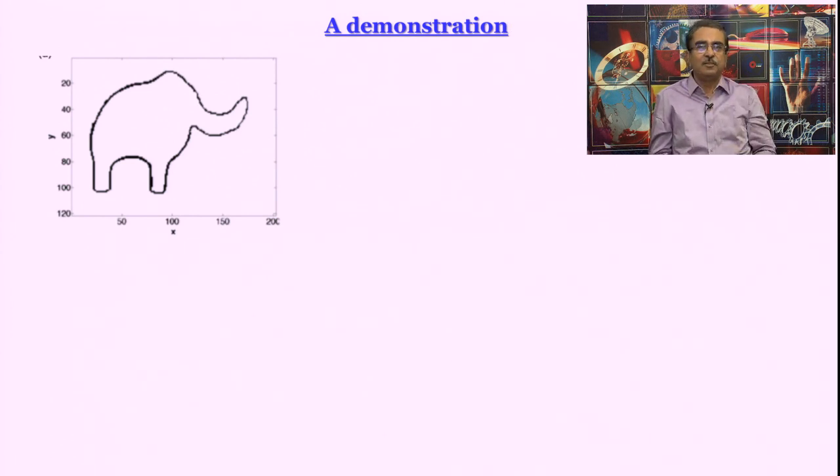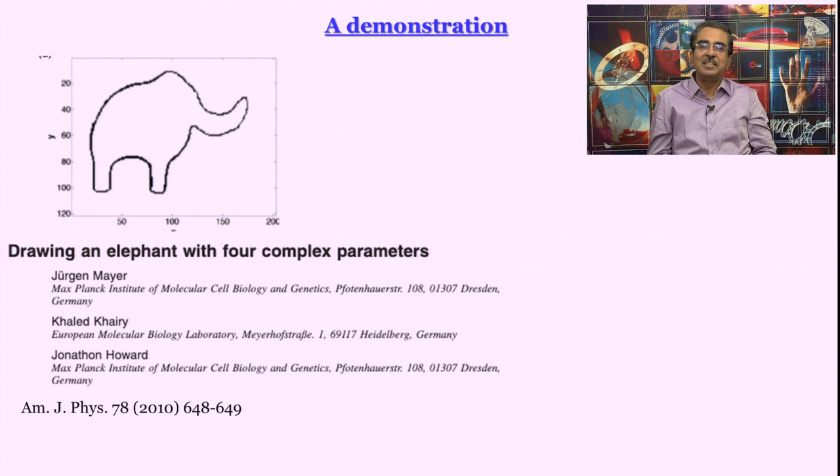What do you see here? Perhaps you see an elephant that is drawn by maybe a 3-year or 4-year-old kid, but the shape of the elephant is discernible. No? You see an elephant. Now, this elephant was actually not drawn by any 3 or 4-year-old kid. This is a figure taken from a legitimate research paper published as recently as 2010 in the American Journal of Physics, right.